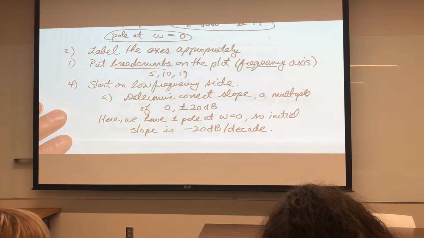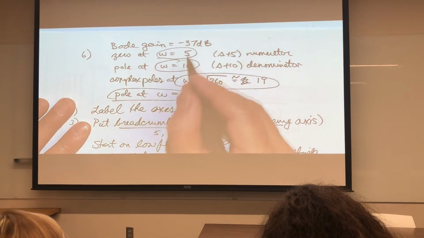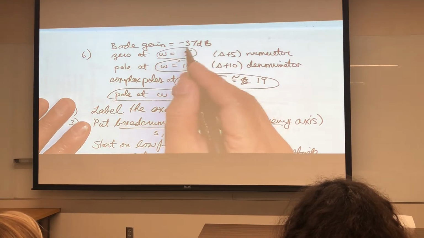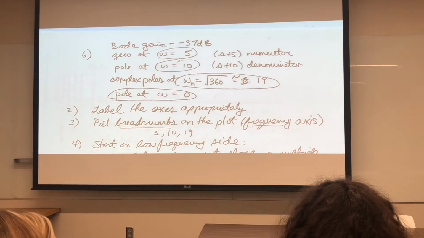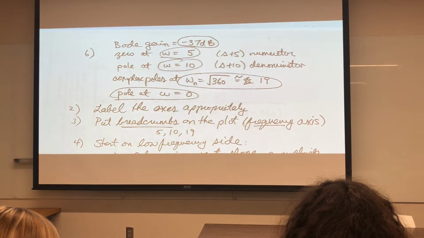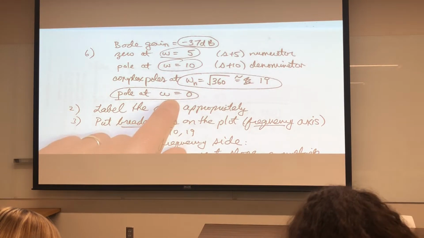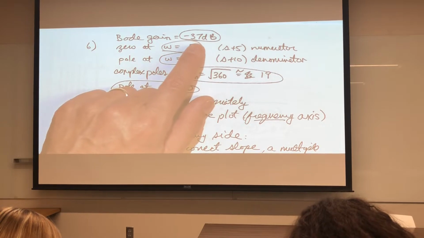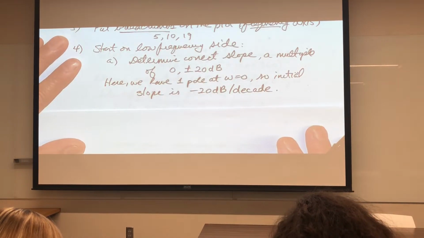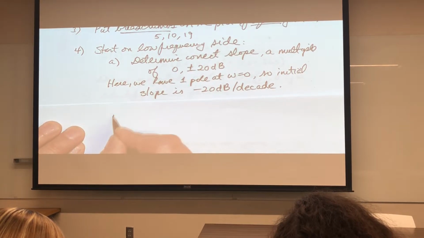because I'm at low frequency, I need to also determine other low frequency factors. The other low frequency factor is the Bode gain. Okay, remember I let s go to 0 to determine the Bode gain. I let s go to 0, but I ignored that term. I ignored this factor. Okay, so I need to take into account minus 37 dB. Okay, so this is what we do. We've determined the slope, and then the next thing we do is